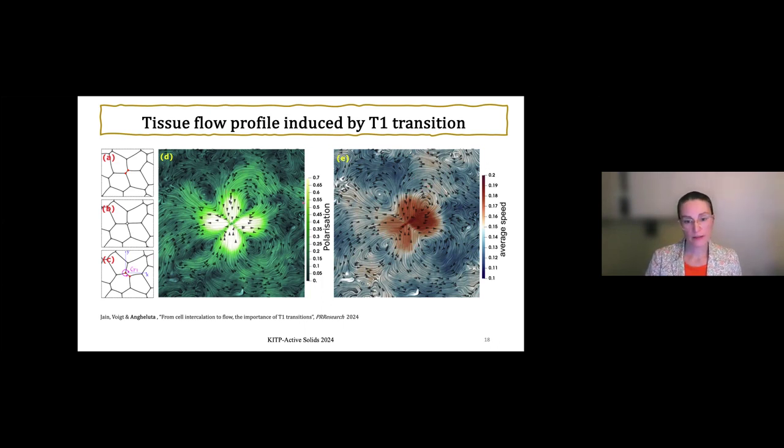We can also define a polarization, but it's not the same type of polarization. This is more like the rear-front polarization, because it has to do with looking at the direction of the principal elongation axis, and we see that it mimics the cell motion. So there is a little bit of polarization, but like in all of this multi-phase field model, the degree of elongation is within the noise, basically. There is always a largest eigenvalue, but the difference between the largest eigenvalue and the next one is very small, so the degree of elongation is not persistent. Anyway,